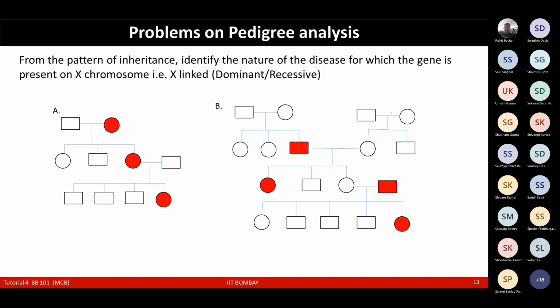If the circles are filled with some color, there is no standard for these colors. If they are filled with some kind of color, it means the female is affected. Now you can see in the A part, when there's a mating between a healthy male and an affected female, then in the next generation, it has one affected female, one non-affected female that is healthy, and two unaffected males. In the third generation, we have three males who are normal and one female who is the affected one.